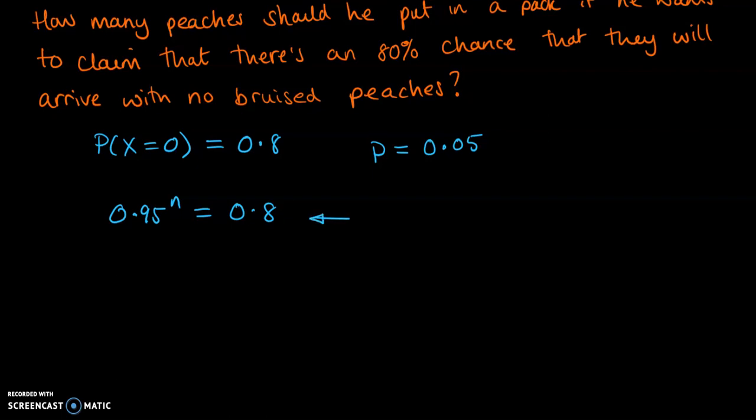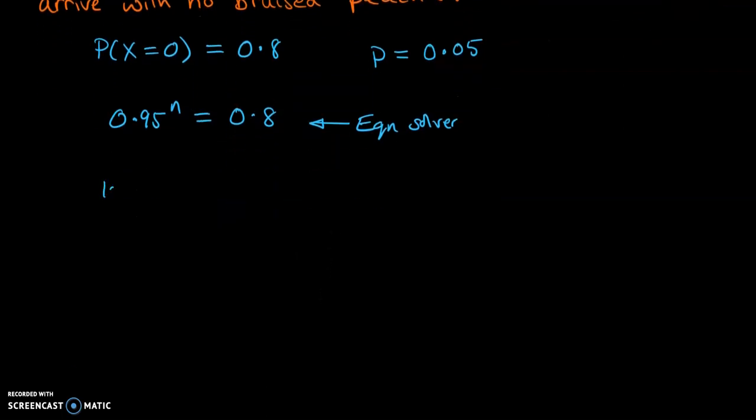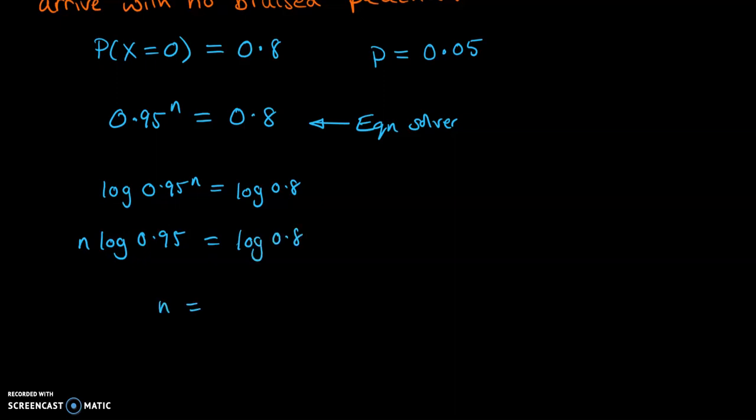Now at this point, you can use equation solver on your graphics calculator to get straight to the answer. I will show you how to do it algebraically as well though. So what we do is we take log of both sides, but if you don't know logs, just use equation solver on your graphics calculator. Now I'm using the laws of logs to say that n is log 0.8 over log 0.95, and that comes to